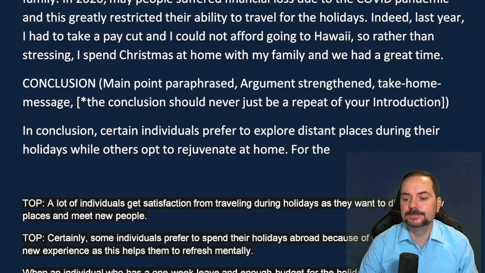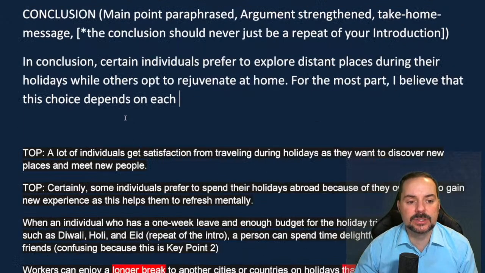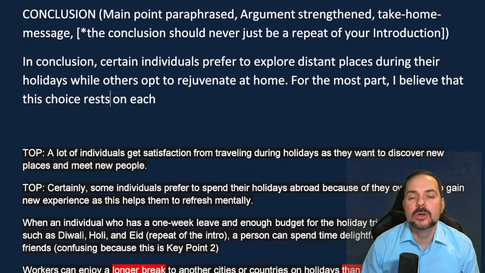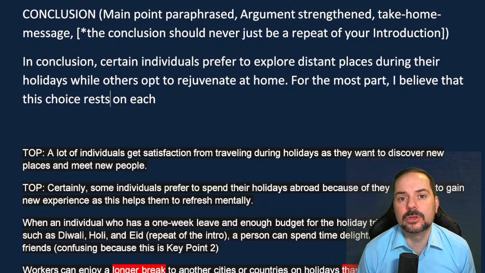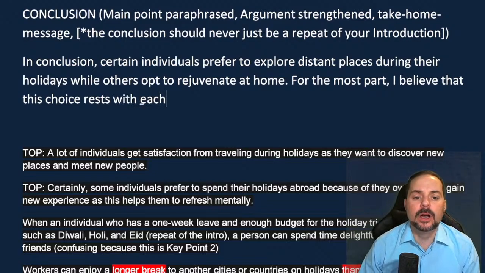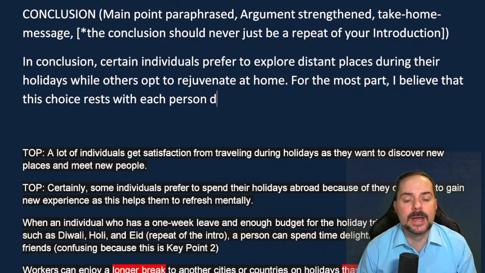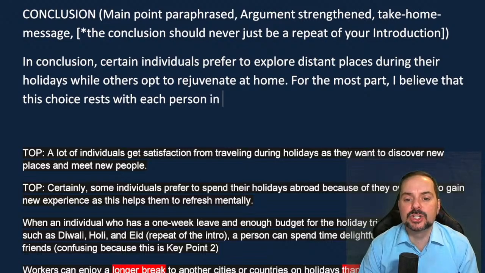For the most part, I believe that this choice depends on each individual. And I'd really like to avoid the word depends. So even though it works here, I would still use another word, rests. We have an expression, your choice rests with you. So it rests with each individual. So I believe that this choice rests with each person, depending, again, depending, right? Let's try to avoid that word, each person, in relation